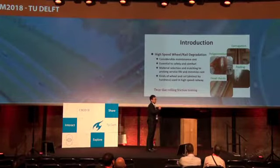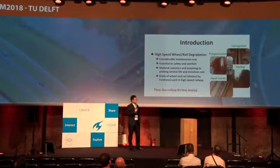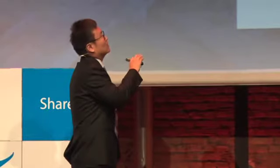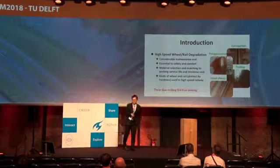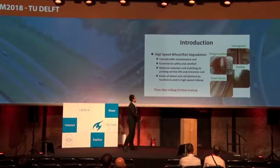So we have come up with some countermeasures to deal with, for example, the wheel polygonization, by shortening the lathing interval, or doing some reprofiling, or adjusting the components on the train. But we wonder if there is a way to deal with this problem from the material aspect. So we want to do something about the material selection and matching to prolong their service life and to minimize the cost. As we know, in China we have several kinds of EMU types, so accordingly, we have many kinds of wheel and rail material used at the same time. So it's kind of complex